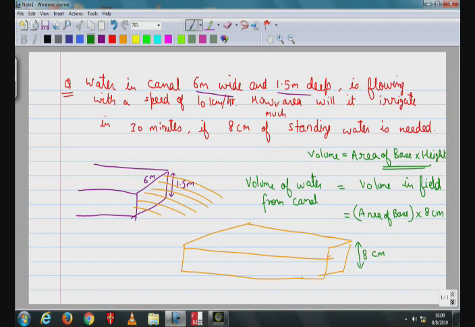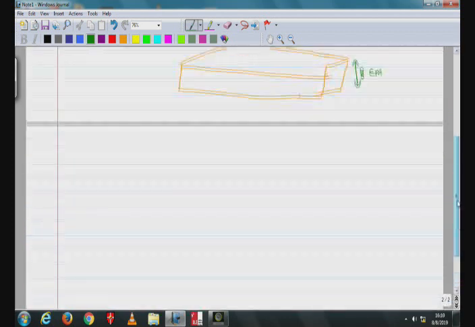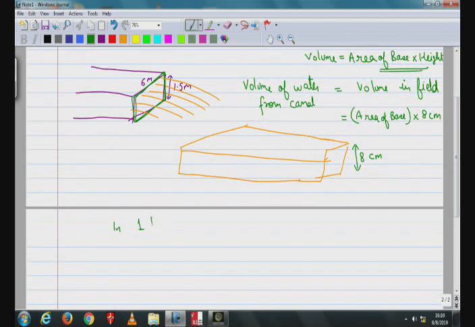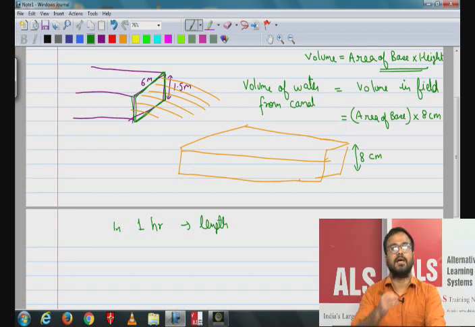Again, if you see from the canal, the area of base, that is the area of this rectangle, and height will be how much water is coming out in 1 minute. The speed of water is given as 10 km per hour. Now what do we mean by this 10 km per hour? It means that in 1 hour, the length, or you can say the height, in which the water will be flowing, the length of water